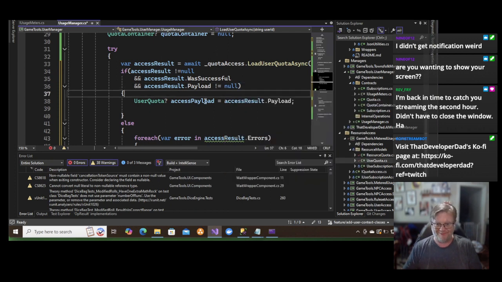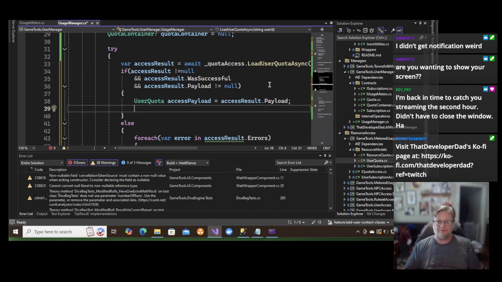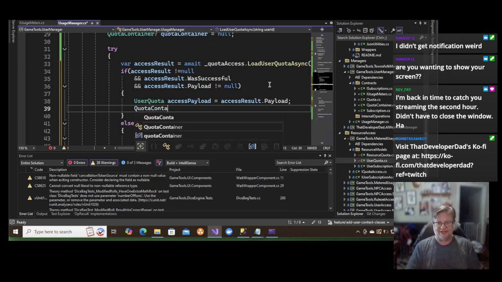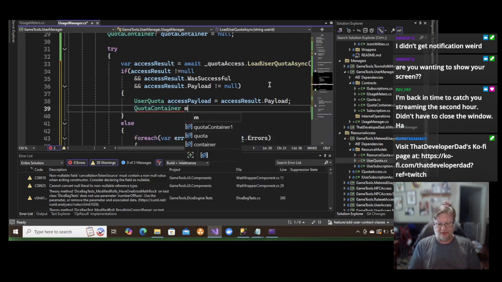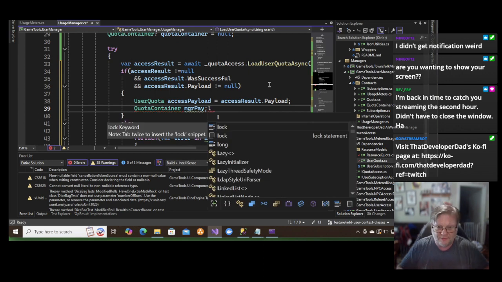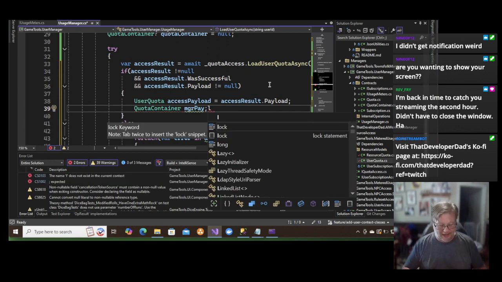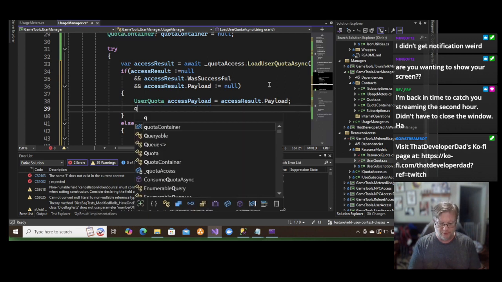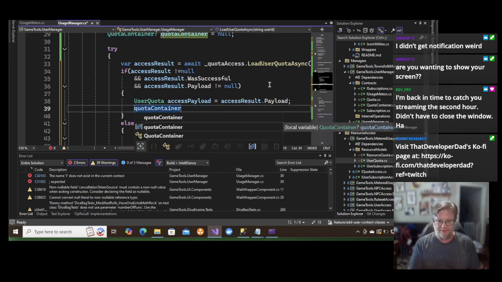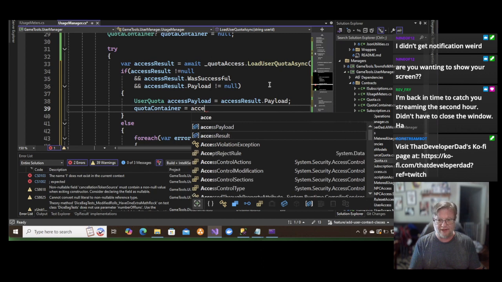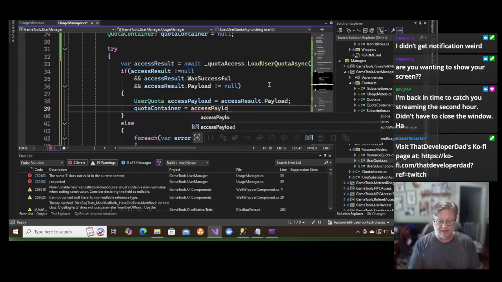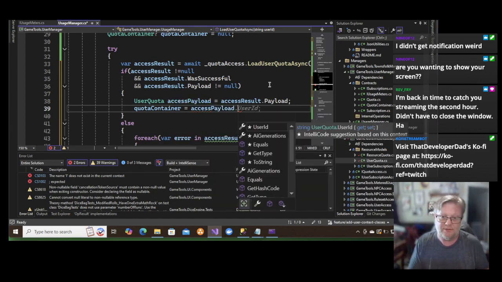There we go. We know that's not going to be null. So quota container manager payload. Oh wait, we've already got it. Quota container equals access payload dot,